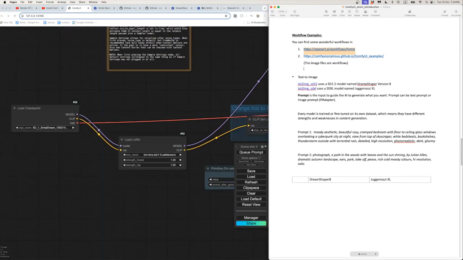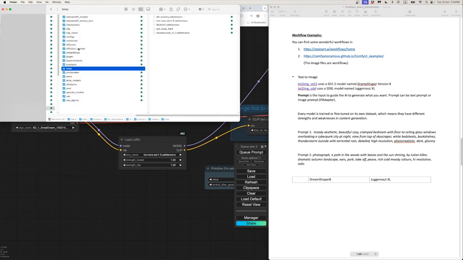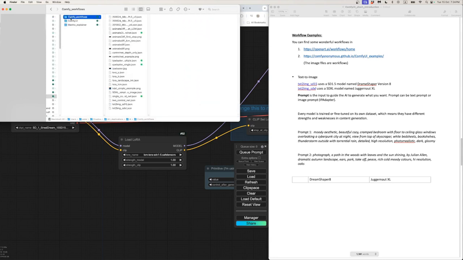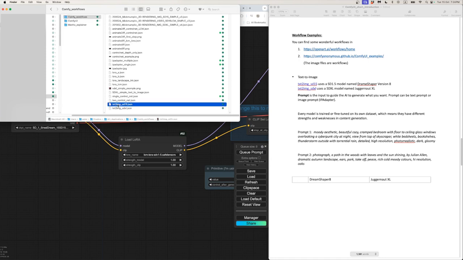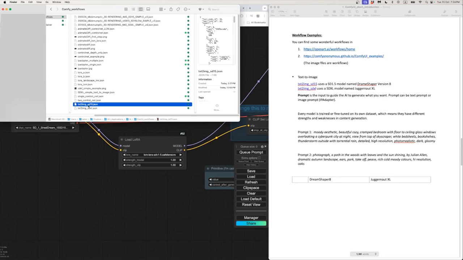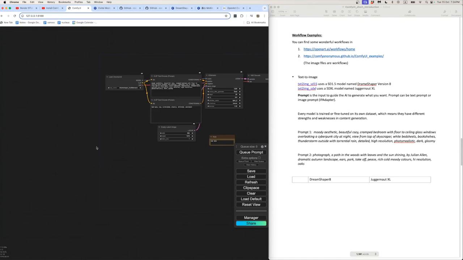Okay, so let's start at the beginning with text to image. So what we're going to do is I've actually uploaded the workflows that Manho has prepared for us in a Google Drive that I will make available to you in the description. So we're going to start with the first one, which is text to image Stable Diffusion 1.5. So if I find that JSON file here, text to image Stable Diffusion 1.5, and I drag it into my ComfyUI,